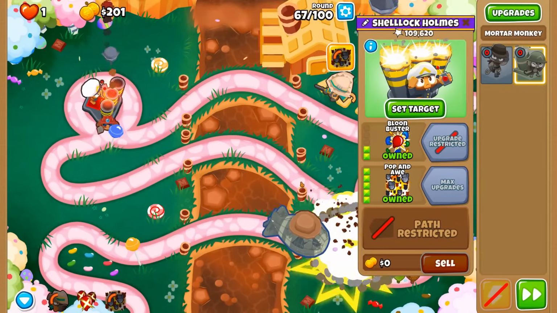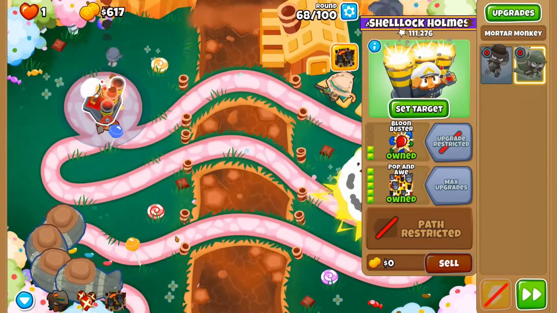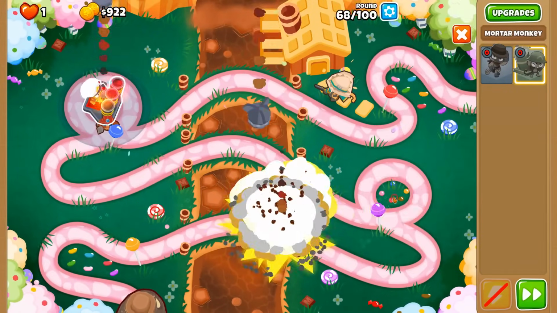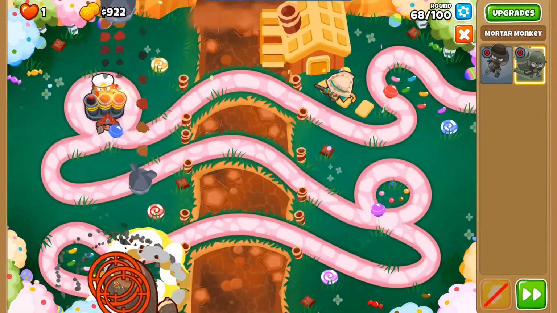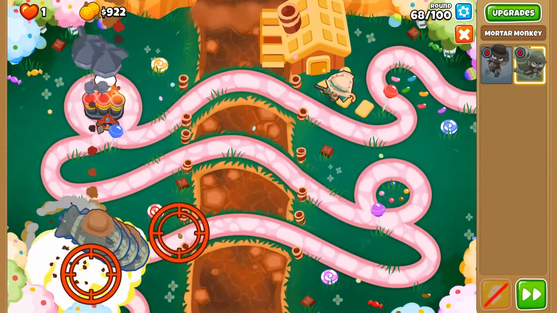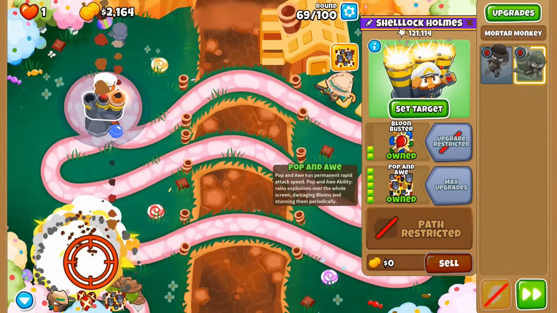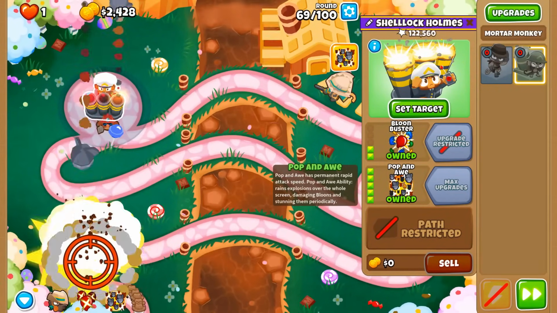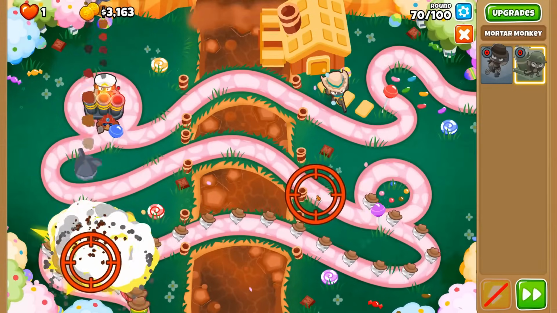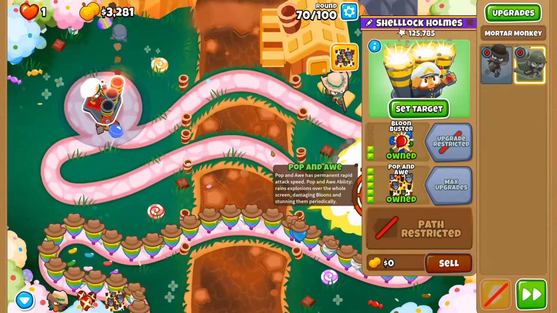Also, we've got Pop and Awe now, which is definitely the tier 5 in which you should get first, because even if we do struggle with camos, we do have the Pop and Awe's ability where regardless if the tower can see camo or not, it will be able to pop camo balloons anyways. Also, it fires like a permanent artillery battery, so imagine the artillery battery's rate of fire, plus with some enhanced performances, minus the bonus bad damage that it used to have. Another thing that's just taken away from a tower